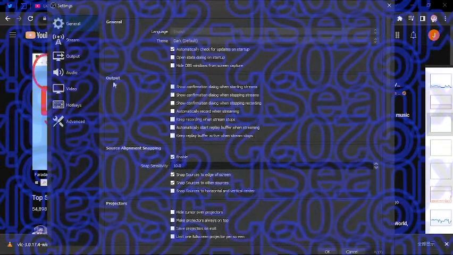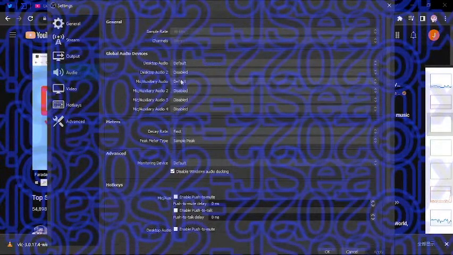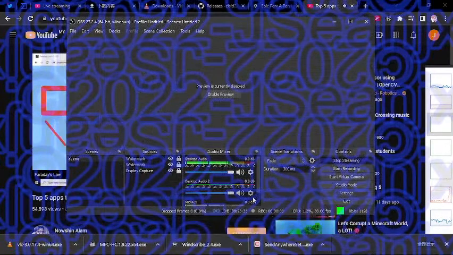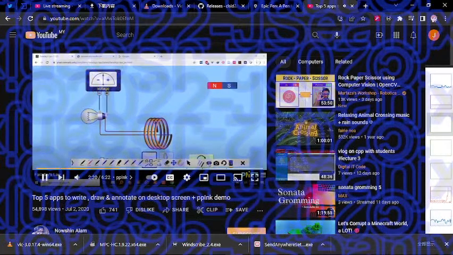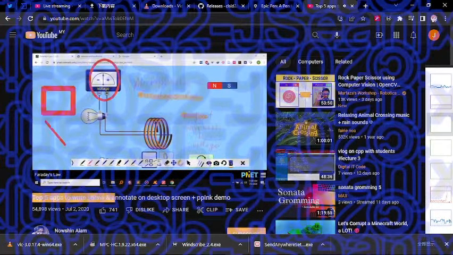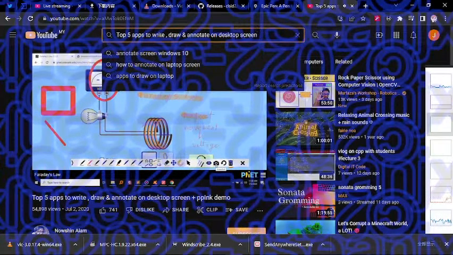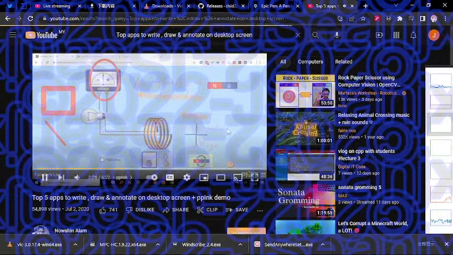If you want to temporarily hide everything you have done on the screen, you can click the eye button at the bottom right to hide everything. This will not clear your content, it simply hides it temporarily so you can have a clean screen. Also, if you click the camera button, the program